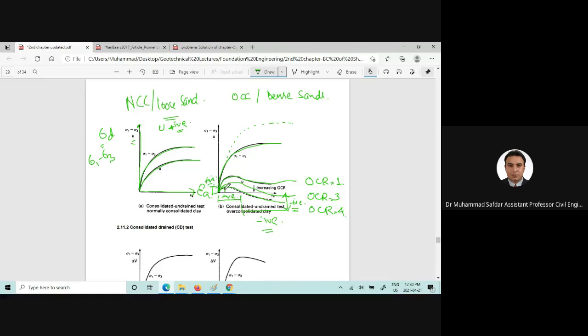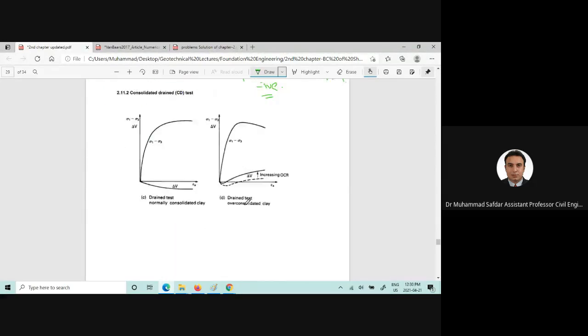So you can see this much pore water pressure magnitude has been dissipated, and this is the strain level, because this is the axial strain. Till this point of the axial strain, the pore water pressure was positive, and then it was negative, and then it was leveled off. Similarly, if we want to note down the behavior of consolidated drained test, so sigma d